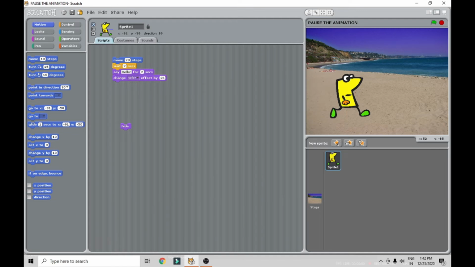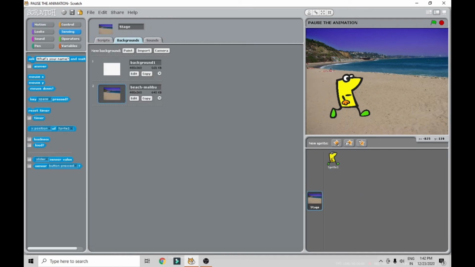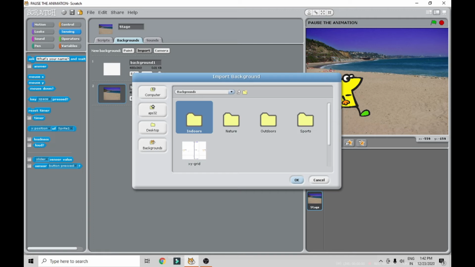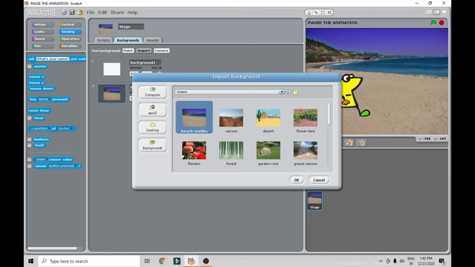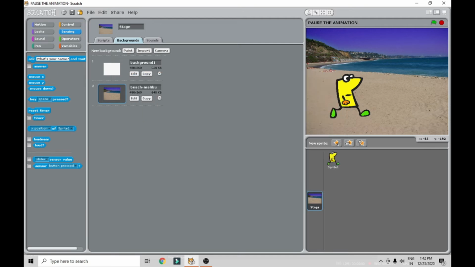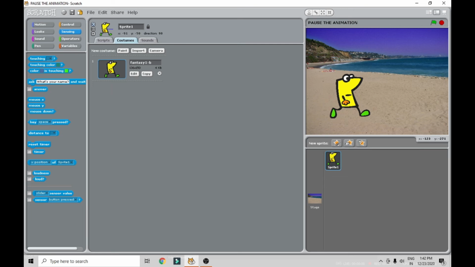For adding the background stage, how will we go? Stage, background, import. Choose the category, nature and so on, take any one you choose, and when you click OK, it will be added over here. After adding it, we should write the code for this. So we will go for script.